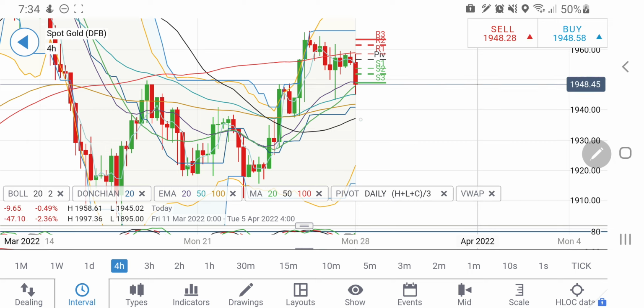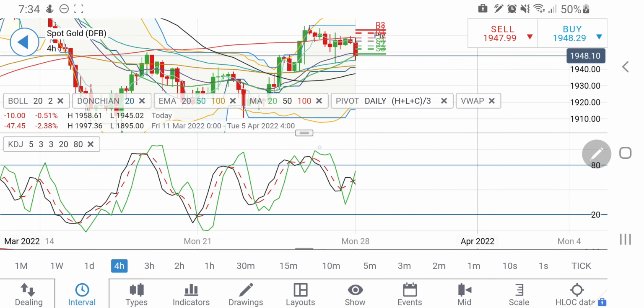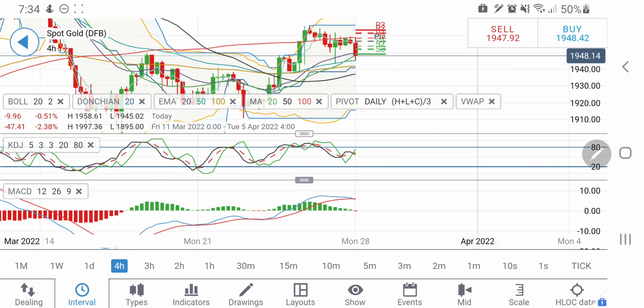Also look at this. Here you are getting the support at 1937. Again, as I told, this zone between 1937 and 1950 is important, and in between 1945 to 1937, let's see how it behaves. Possibly it may try to get a little support in this zone. The 4-hour stochastic is not overbought, but it has come to a sell side on MACD.